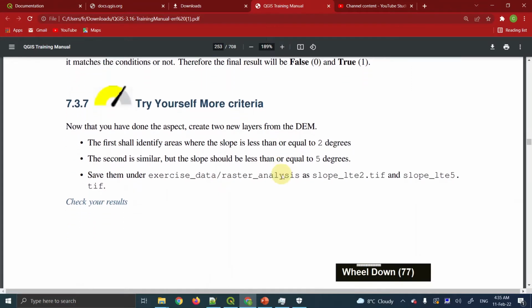You can check more conditions by yourself. What are those? Now that you have done the aspect, create two new layers from the DEM. The first shall identify all areas where the slope is less than or equal to 2 degrees. The second is similar, but the slope should be less than or equal to 5 degrees. Okay, and we will save that as a slope